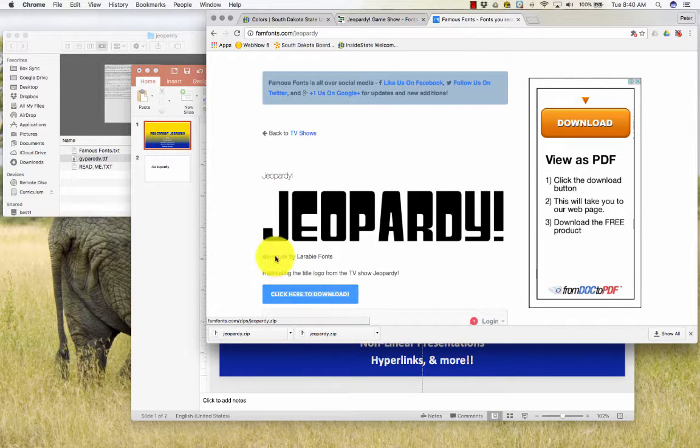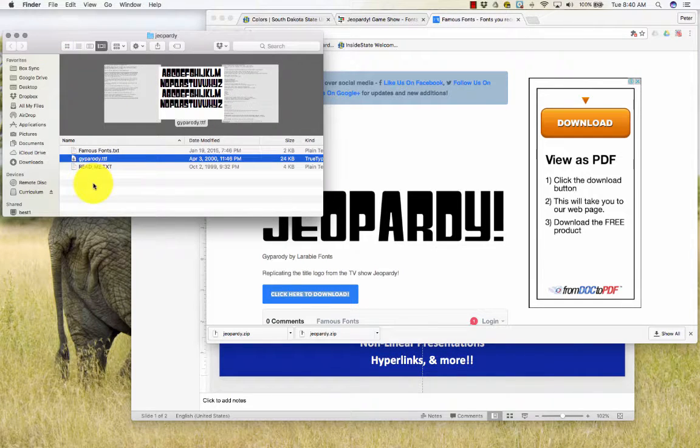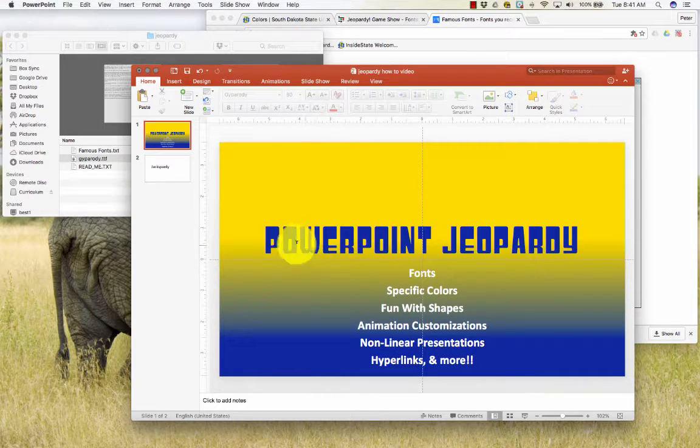If you download this file, it will bring up a window like this on your computer with the Jeopardy TTF, which is the font installation file. You click on that and you can install that on your computer. Once you've done that, then you can select that font to create the title for Jeopardy. If you don't want to create a different name for it, then you can also use